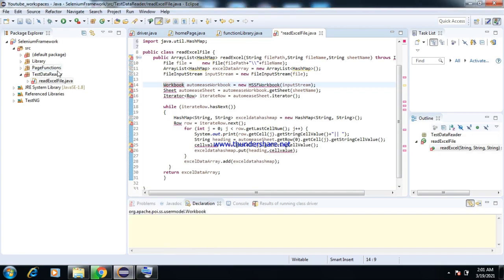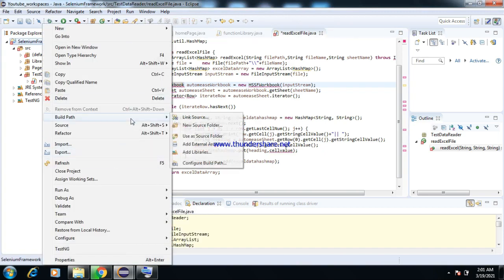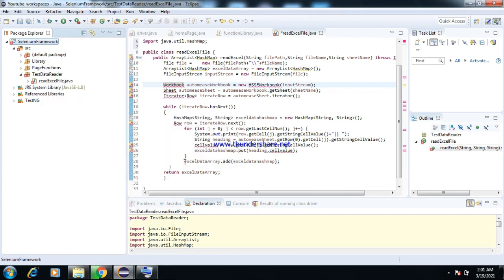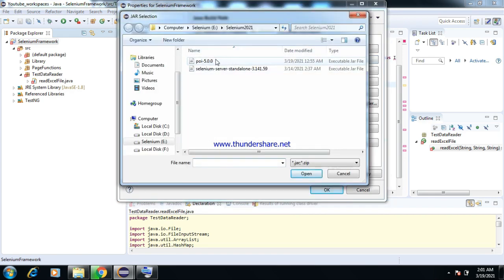I need to configure this in our Selenium framework. So going to build path, configure build path, add external jars. I need to find the location where I have downloaded the jars, select that and click open.